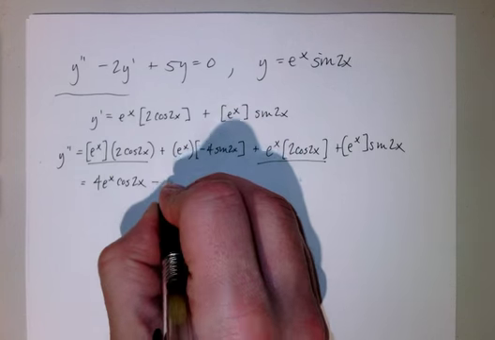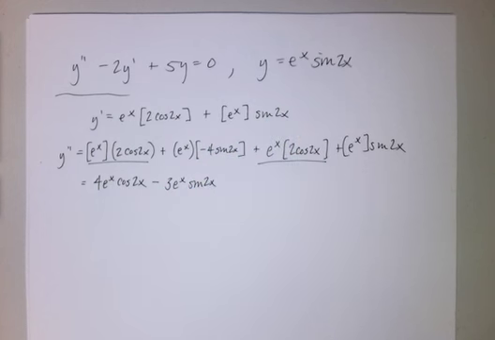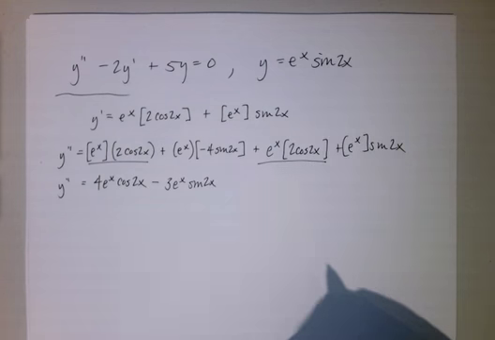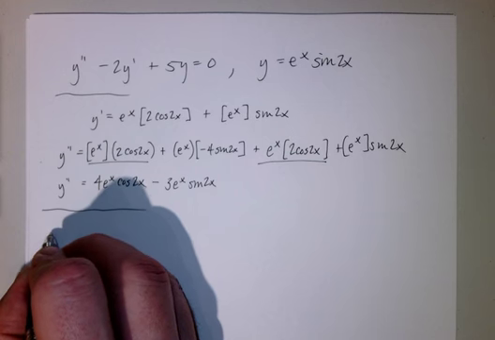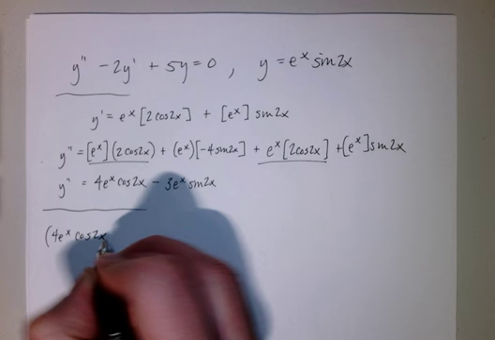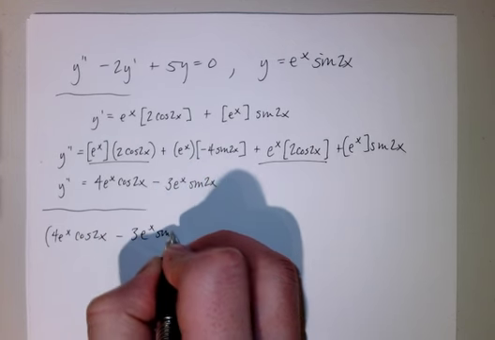So -3 e to the x sine 2x. And that's y double prime simplified. Okay? So y double prime is 4 e to the x cosine 2x minus 3 e to the x sine 2x